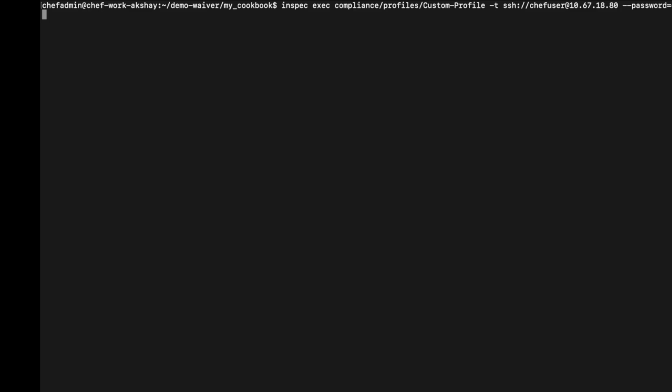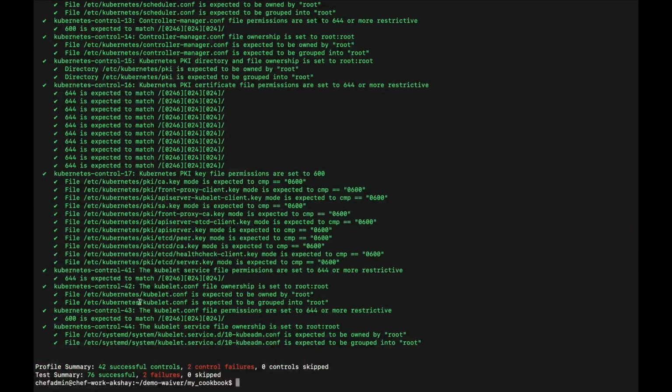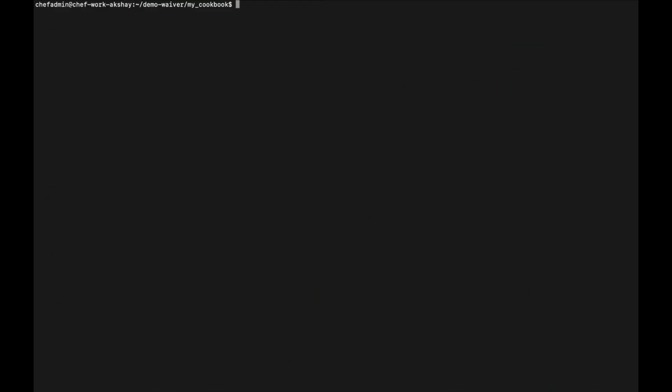Yep. So here you see I run a compliance scan locally against a custom profile that I already had. Now, as you can see, it shows 2 control failures and 76 passed. If I scroll up, I see Kubernetes controls 27 and 18 have failed. Let me clear my screen